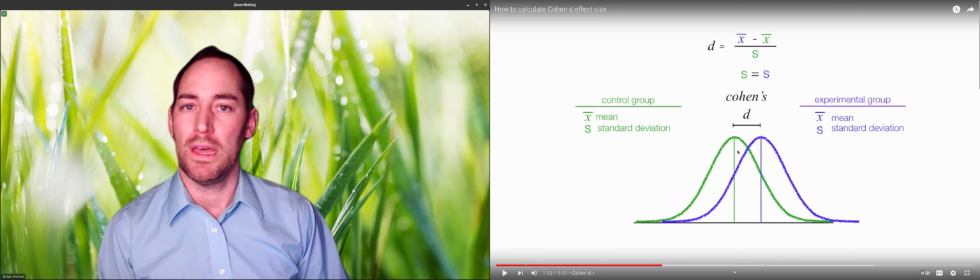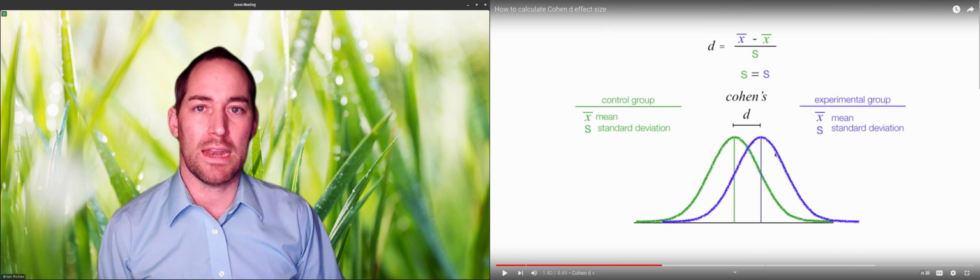So this is our group that was in a quiet room. This is our group that is in a room with soft classical music, and they score some